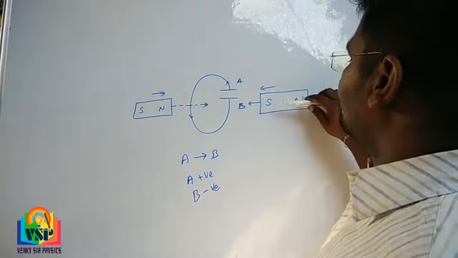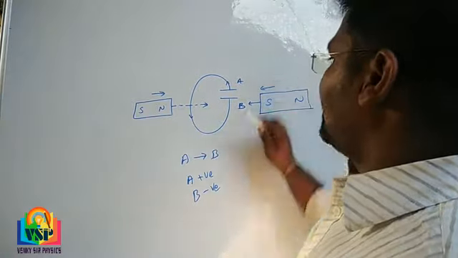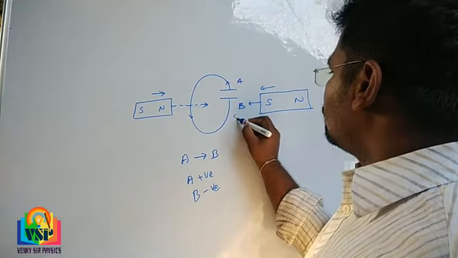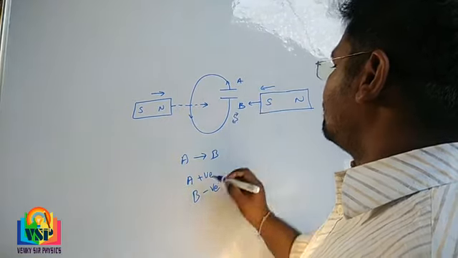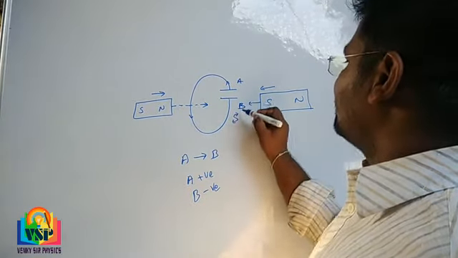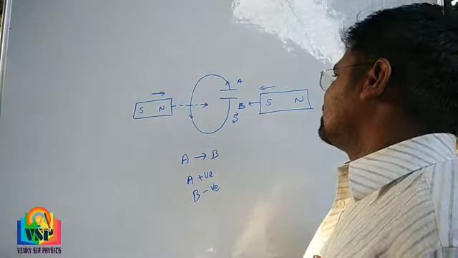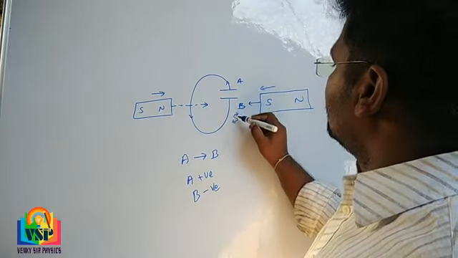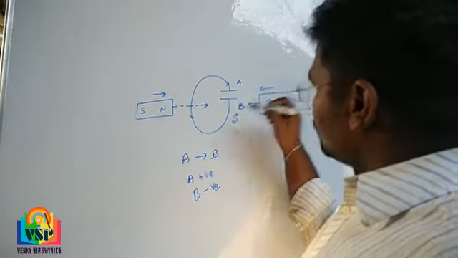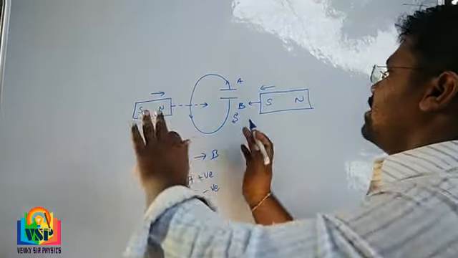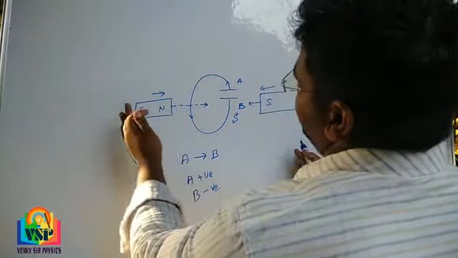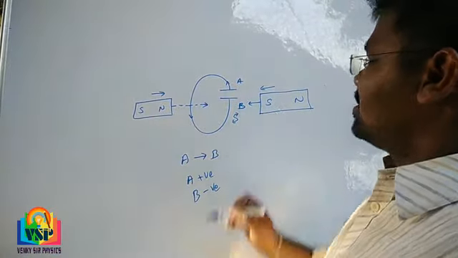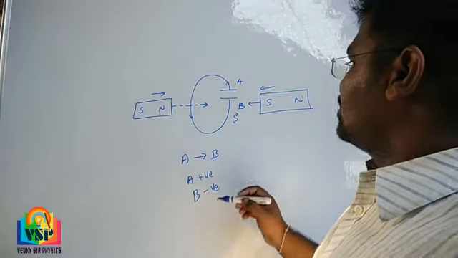Once again we can check another magnet. If the south pole approaches the coil, so here on this side we get south pole. South pole is opposed by south pole. Understand, the direction of the current is clockwise direction. South pole is opposed by south pole. That's why here in this way. So this is the left side, this is the right side. On the right side, the direction is clockwise direction. Understand?